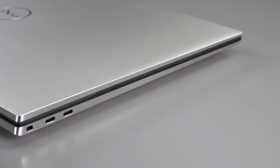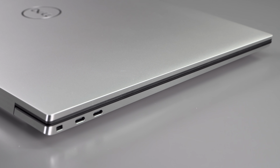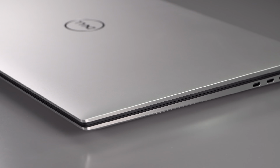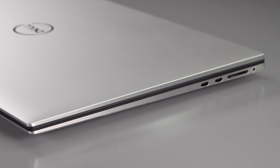So ports on this is where you have to say, ha, Apple messed with everybody, right? So Dell with the XPS line has always kind of been following Apple's lead. They went all USB-C, Thunderbolt, in this case Thunderbolt 4. You got 4 of those ports. One will be used by the charger. And no legacy ports. You do have a full-size SD card slot, yay that, and of course a headphone jack